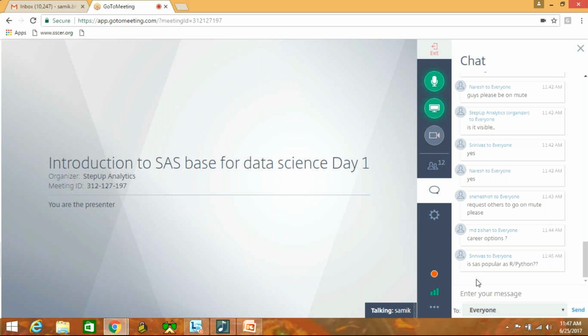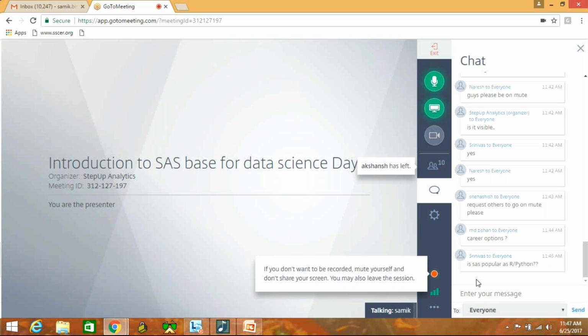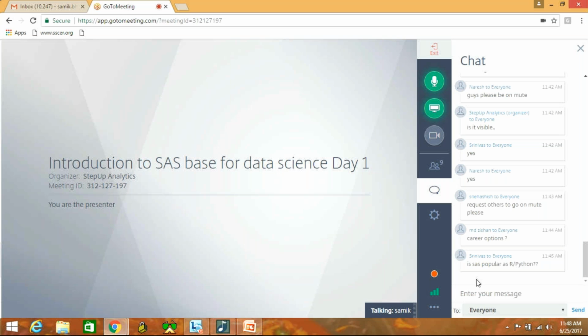If you compare SAS, R and Python, each has its own advantages and disadvantages. Some organizations cannot buy SAS because it's an expensive affair, so they also use R and Python. In terms of capability, I would not say any one is superior, because SAS, R, and Python all have their own functionalities and their own advantages and disadvantages.